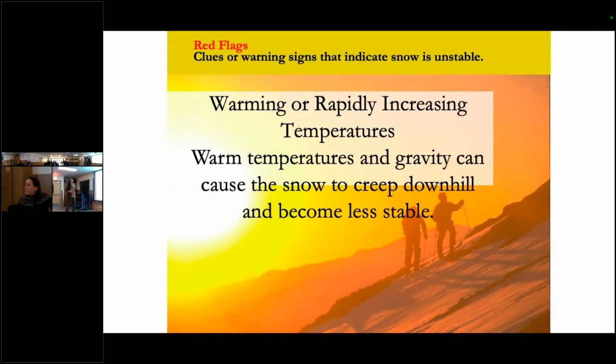Rapidly increasing temperatures. I like to think about it, any rapid change to the snowpack is giving stress faster than its strength is strengthening. So a rapid increase in temperature is a classic one. When was that? Two weeks ago now? Three? It's warmed up like crazy. It was 52 degrees at the top of the ski hill. Oh, yeah, that's when we went from 10 below to 50 above. Yeah, that was during that last 60-degree swing. Yeah, in a day or two or something like that.